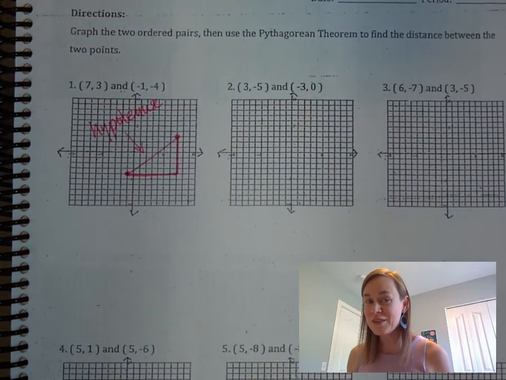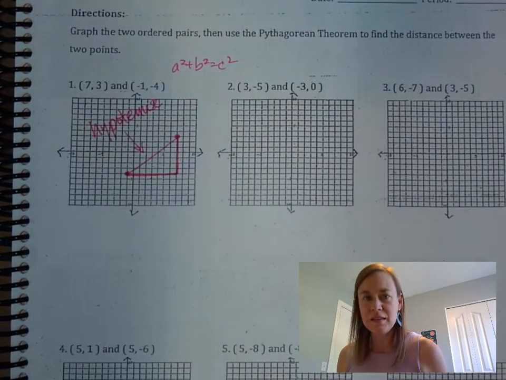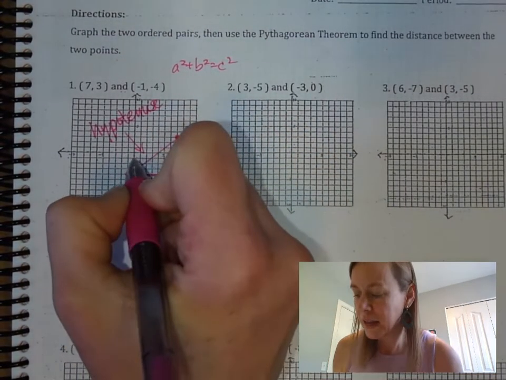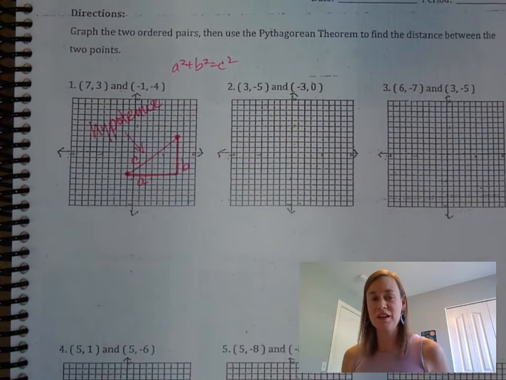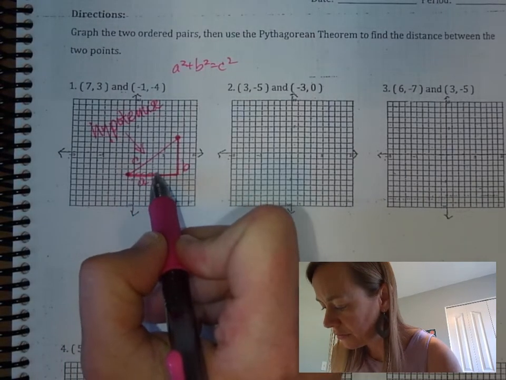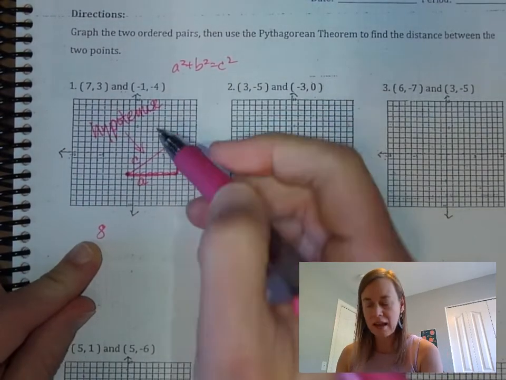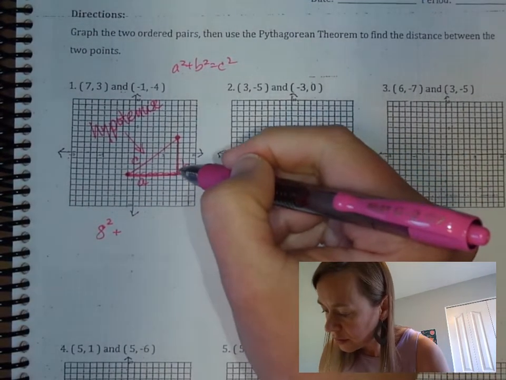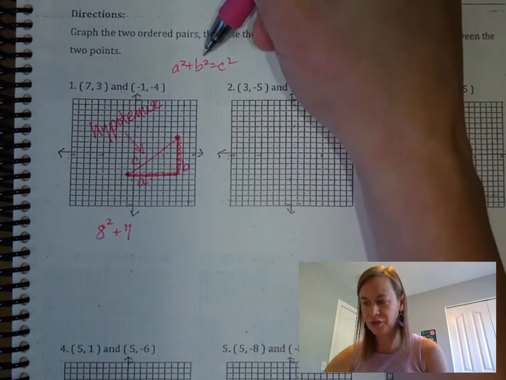Okay, so if you wanted to use your Pythagorean theorem, a squared plus b squared equals c squared, then this would be a, and this would be b, or you could switch those, it doesn't matter, and this would be c. So the question now is, can you figure out the length of a and the length of b? Absolutely, let's count. For a, 1, 2, 3, 4, 5, 6, 7, 8. 8, and as you know, you have to square a, so 8 squared, plus, now let's figure out b. 1, 2, 3, 4, 5, 6, 7, b was 7, and you have to square b, so let's do 7 squared,